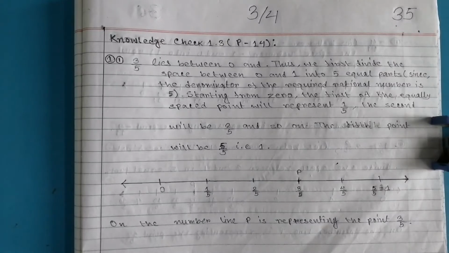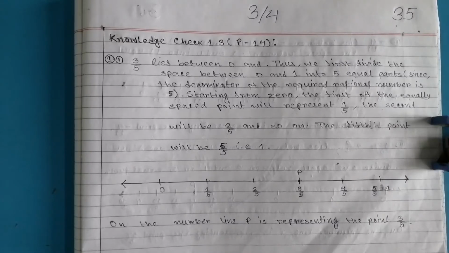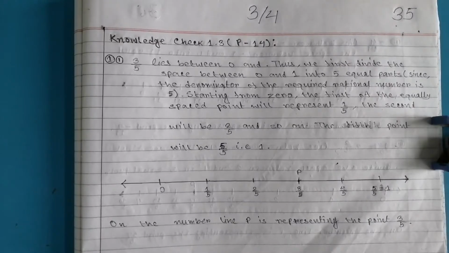Hello dear students, in the previous class we discussed the topic of representation of rational numbers on the number line and finding rational numbers between two given rational numbers. We have discussed the theory portion of the topic. Today we will solve the knowledge check